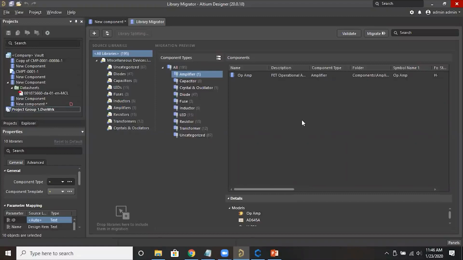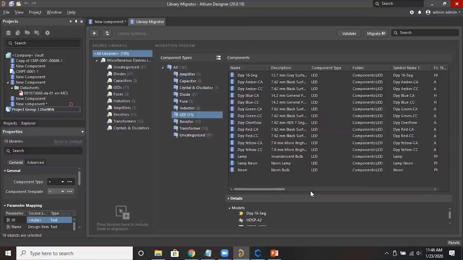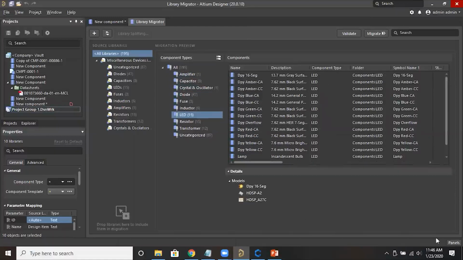So we can create a template for that and we can migrate it, so that it will detect and assign the template automatically. Okay. So like this. And migration will take some time, depends on the file size, it depends on the library. And here itself we can verify the property.